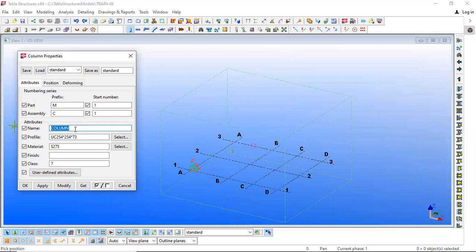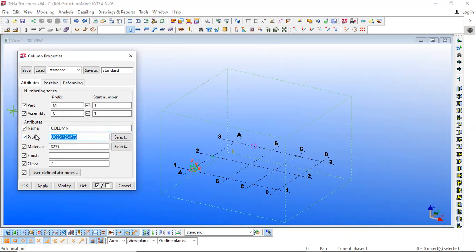Okay, it should not be like if you're adding a column and you are giving the name as beam, so that is wrong. It will give you wrong results. While we are making the drawing or numbering certain elements, it will give you a wrong result. So the result will be wrong due to this numbering. It will affect the numbering of items, and later on it will affect the work also, right?